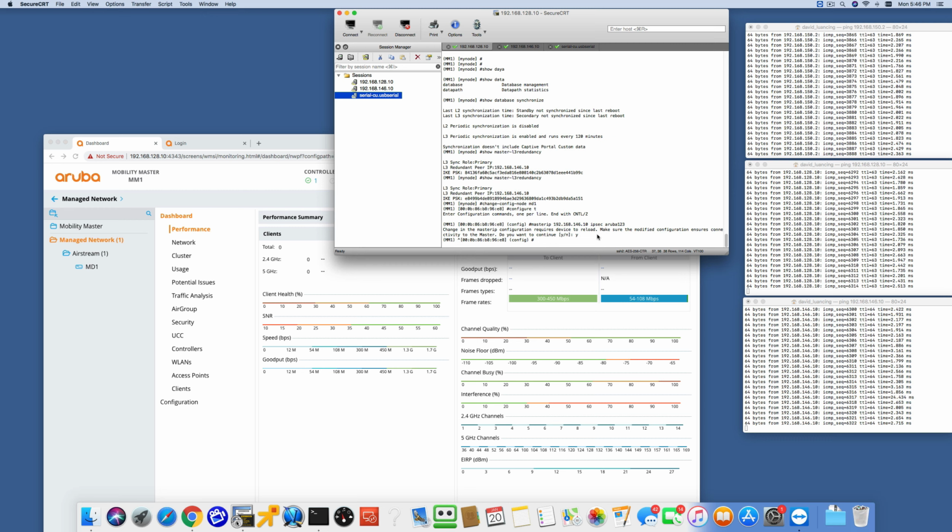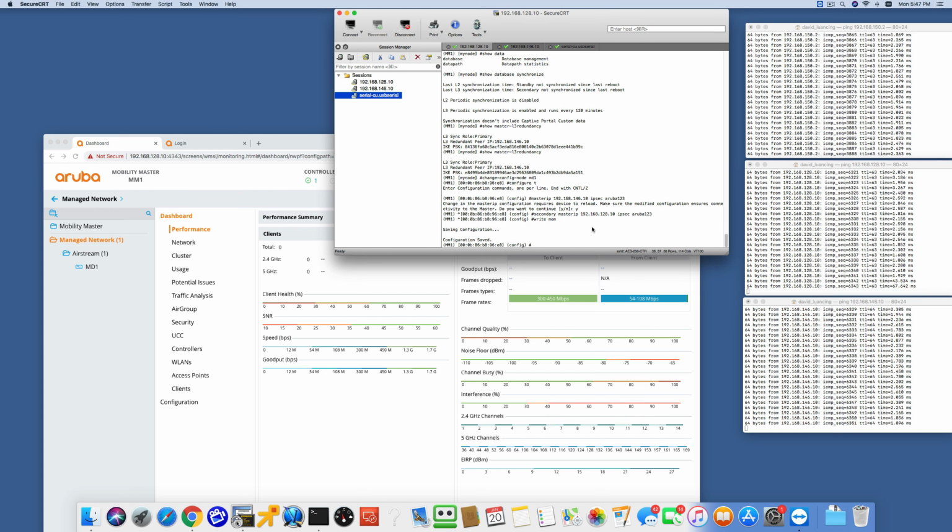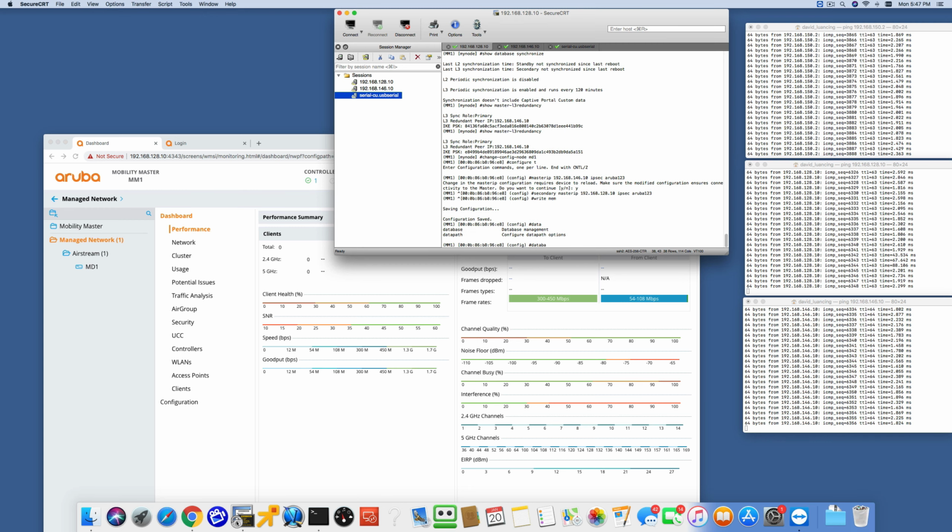And now I'm going to do secondary master IP and 192.168.128.10, which is now my primary, but it's going to be the secondary. So IPsec and Rebo123. Okay. So what you have to do is write it to mem, and you have to make sure that you do database